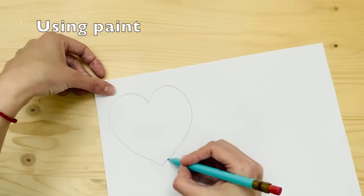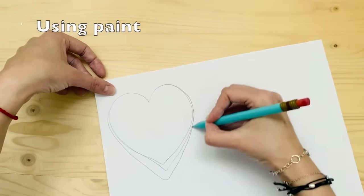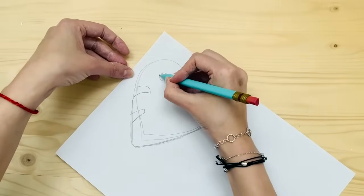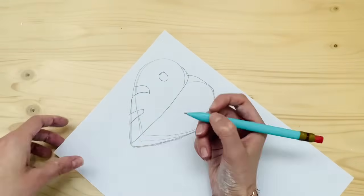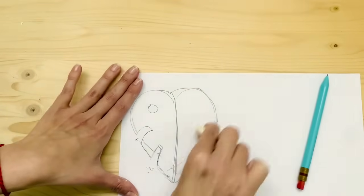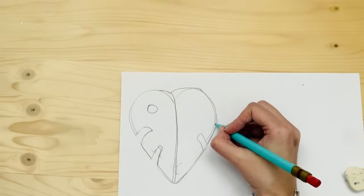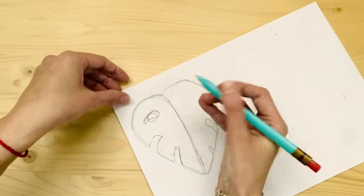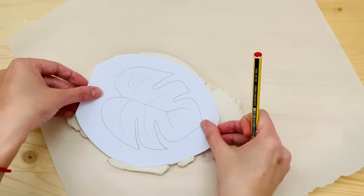Now we're gonna get a little bit creative, and if you don't know how to draw, just practice and do it many times. Trust me, I did this 3 times. Just draw kind of like a heart and then start going in a little bit to kind of give it the shape of a monstera leaf, and then just cut it